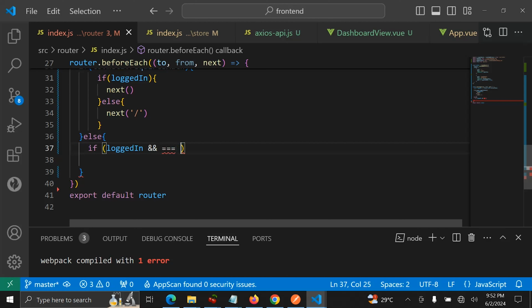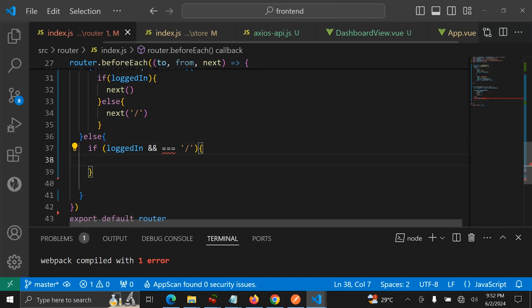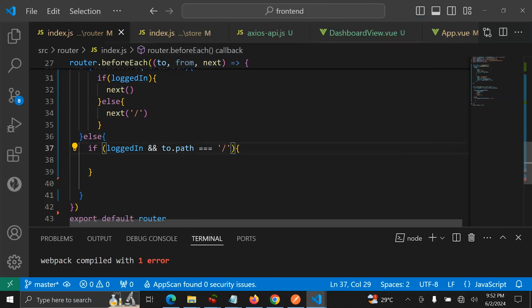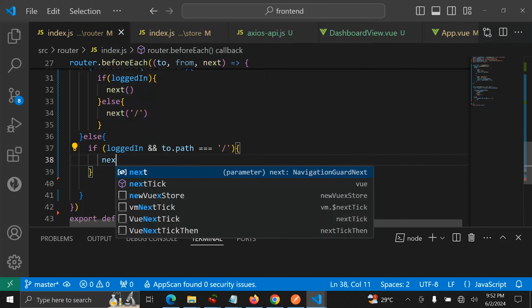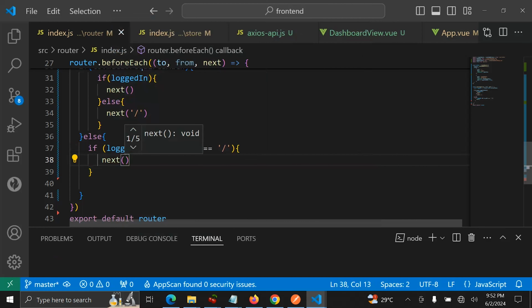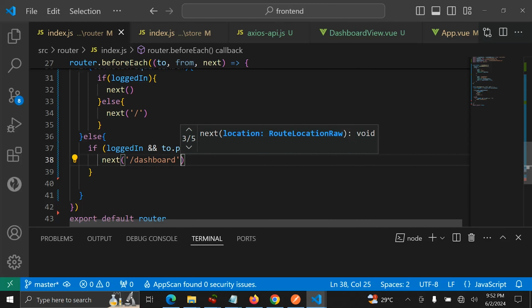So if the user is logged in and at the same time is accessing the login page, you need to, and to path, you need to redirect the user to the dashboard page. Else